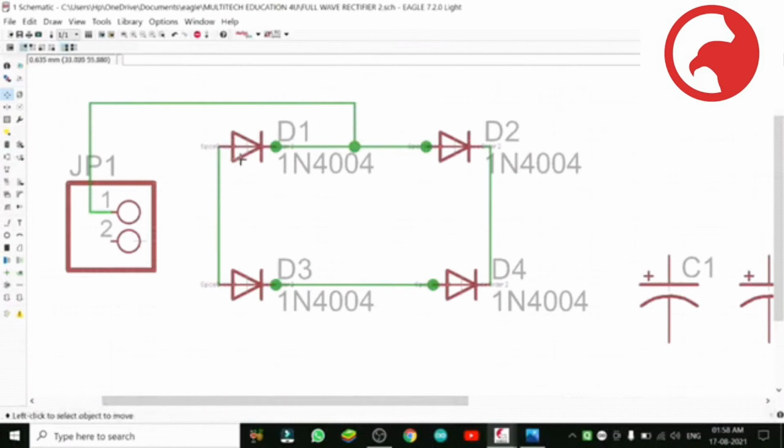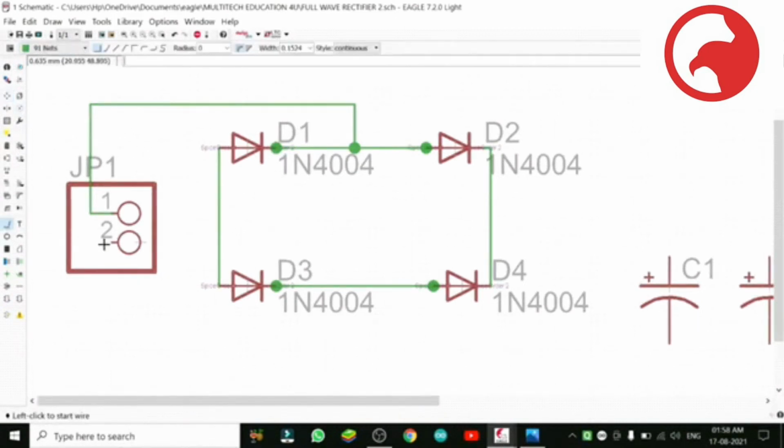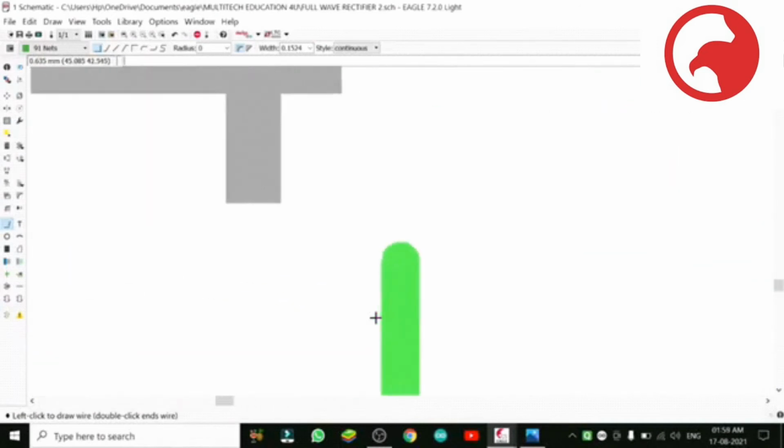At the moment I just learned what initially we need to learn and how we can make a PCB, how we can order the PCB. But additionally there are a lot of things. You can bring images from the outside. You can do a lot of things in it. Gradually, slowly, when you will work professionally, you will come to know so many new things in it.